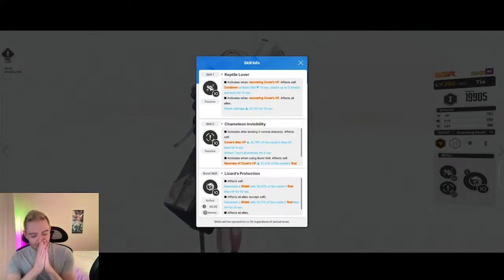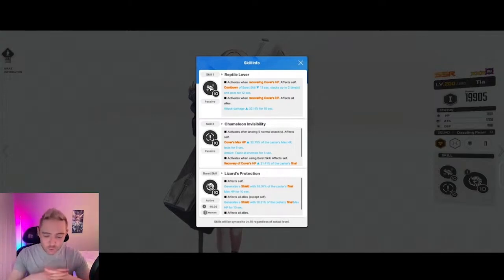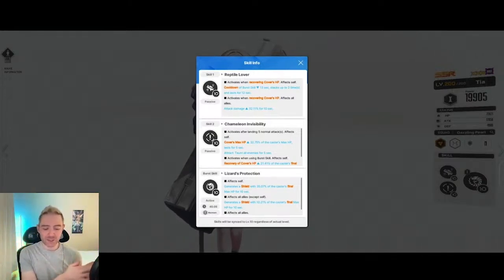Holy cow, okay. That is a massive cooldown reduction. And then, when recovering cover HP, it affects all allies. Attack damage goes up by 32% for 10 seconds. Attack damage? Wait, am I reading that right? So this isn't an attack up by 32%. Is that how they normally word that, damage? I'm guessing this just means damage up by 32%, which if that's what that means,